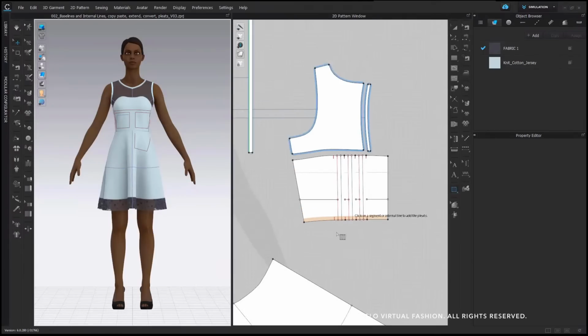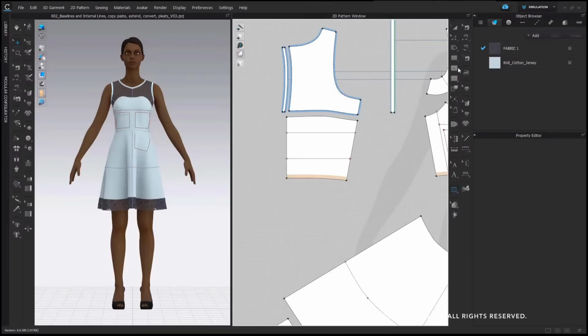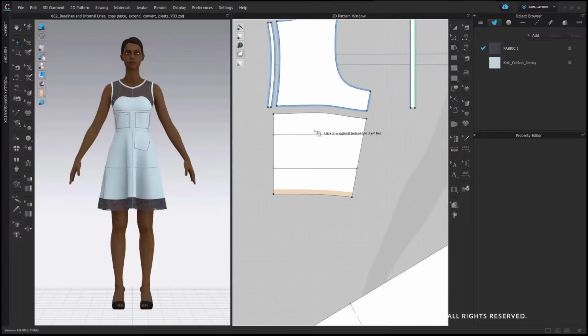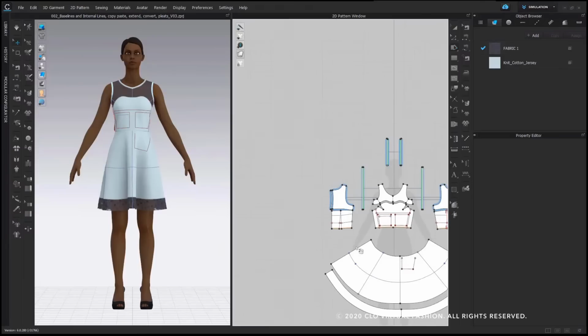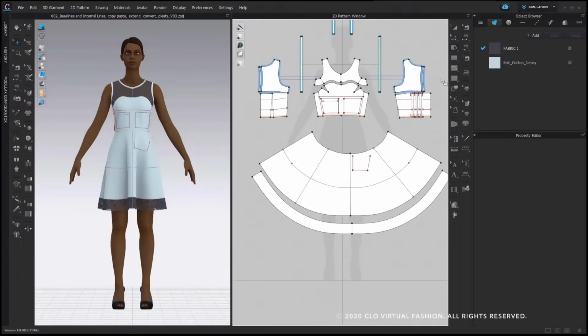And the same is also true for the fullness point tool. So here I'll spread open this pattern piece, and my baseline and my internal line are nicely split exactly at that location. So one thing I just want to point out where this functionality does not exist is in the